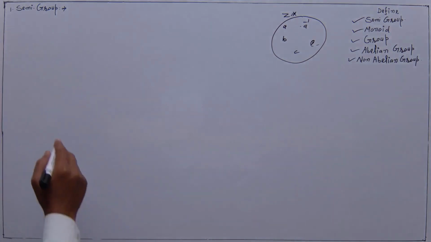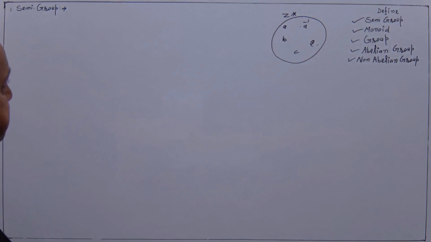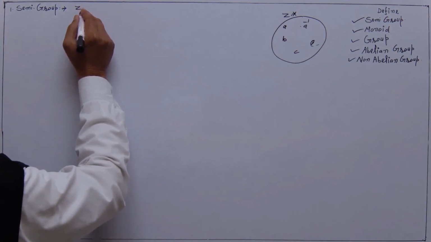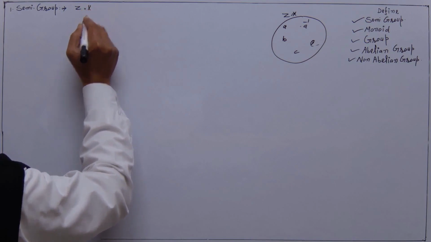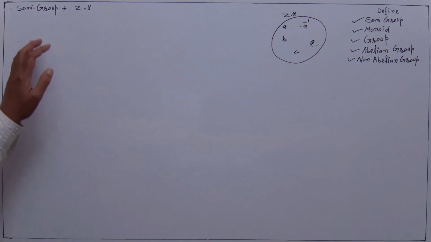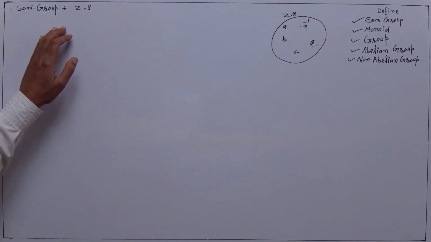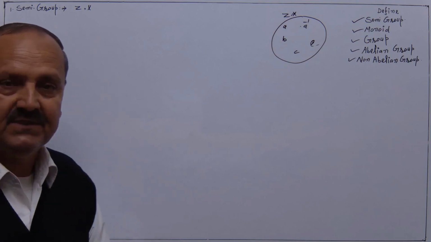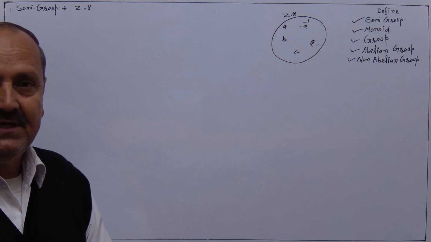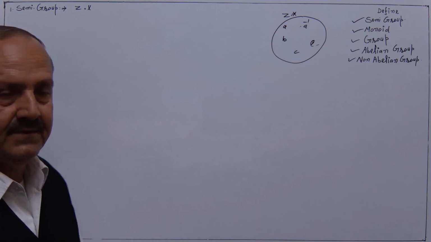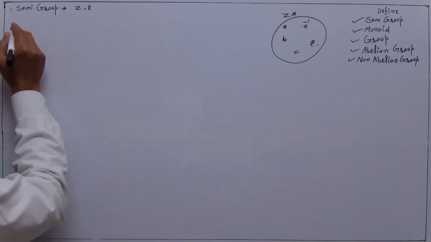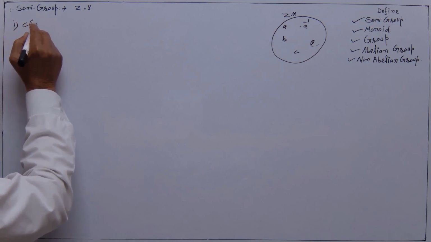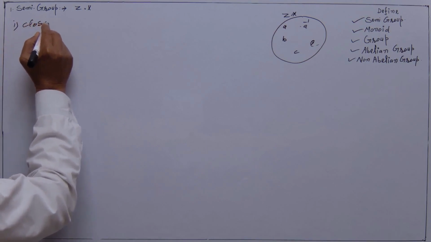Number one is our semi-group. A set Z with star is said to be a semi-group if it satisfies two axioms. Number one is closure and second is associative. And in the closure axiom,